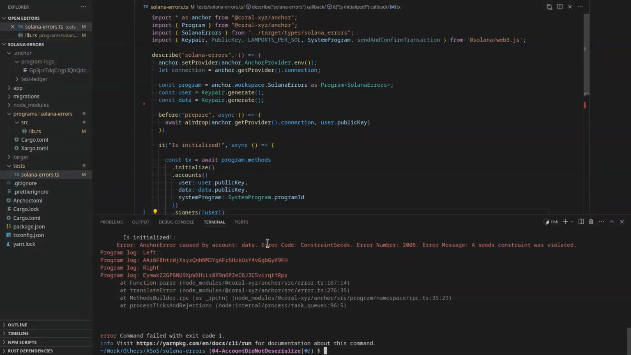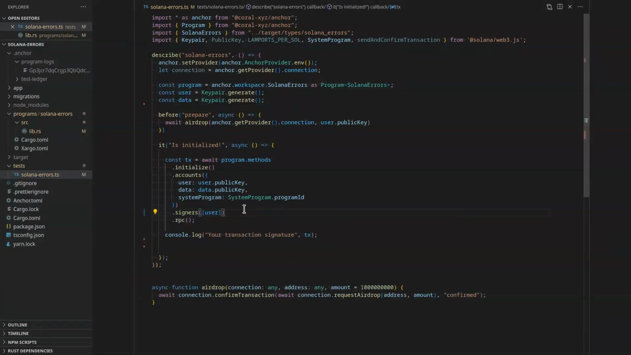And we have another error that says anchor error caused by account data. Okay, so now we know that we are already in our program, and there is some Anchor constraint that was violated. And if we read further, then we see that the constraint seeds error occurred. Seeds constraint was violated. So it basically means that you are using here the data account, which has address that